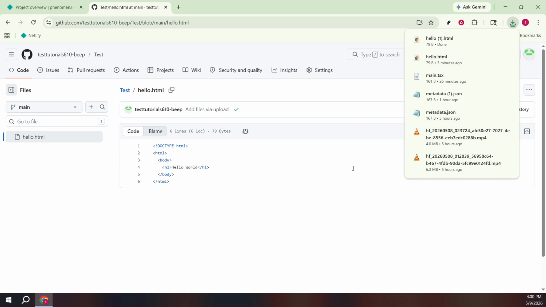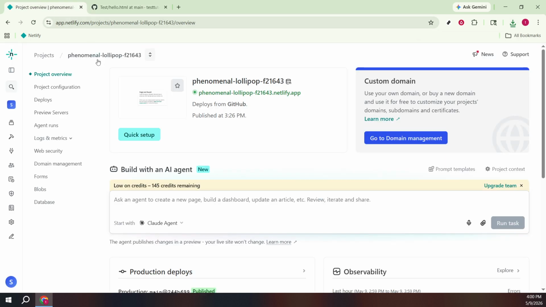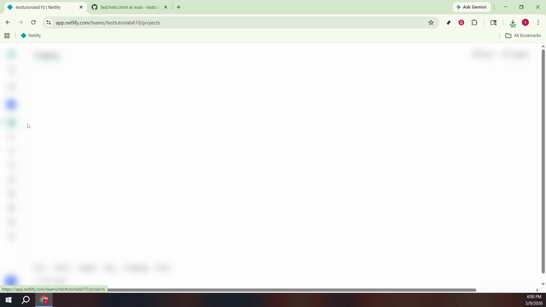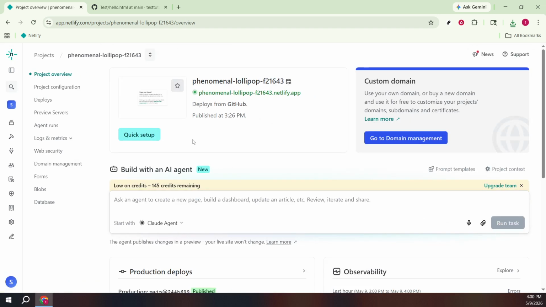That's the full process. To recap, go to Projects in Netlify, search and open your site, confirm it deploys from GitHub, follow the repository link, browse to the correct folder, open the file, and use the download icon to save it locally. Keep an eye on the branch you're viewing and keep your downloads organized so you always know exactly